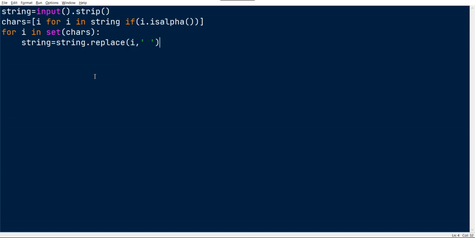I'm going to replace all the characters in the original string by space, so we get the integer values separated by space.